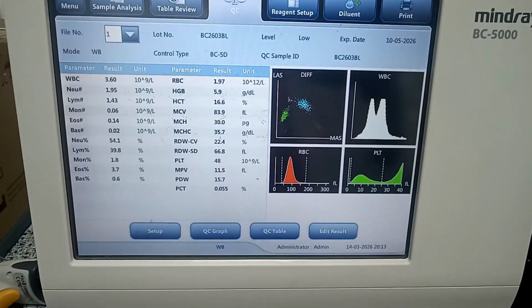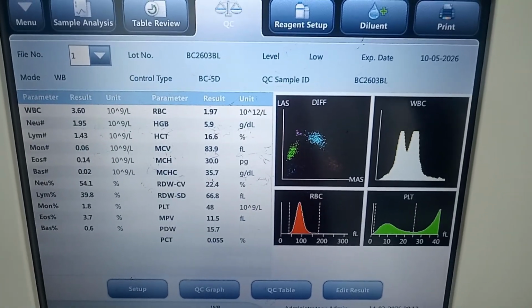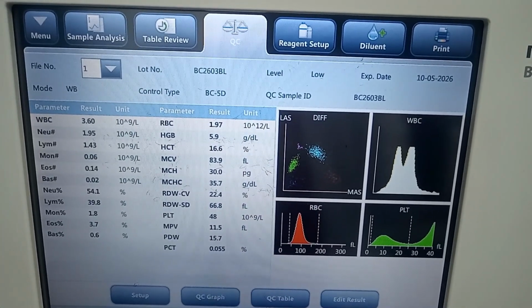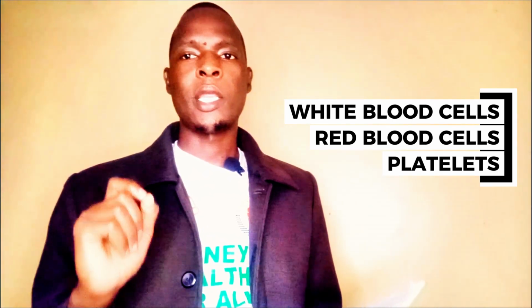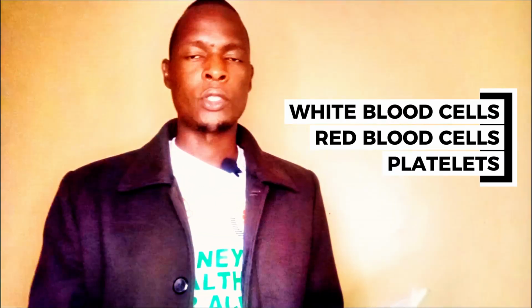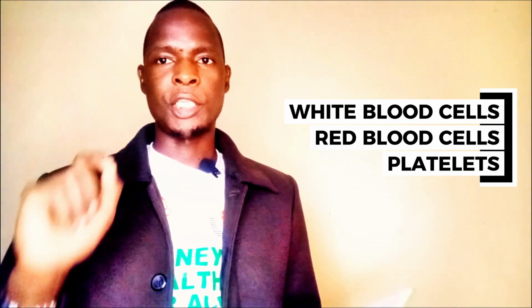Complete blood counts just try to show the count or the number of cells that are within your blood. Your blood is made up of blood cells, and in your blood we have the red blood cells, the white blood cells, and the platelets. Under these three categories there are some indices, and some cells, for example in white blood cells, that are equally important and also help in diagnosis and in determining whether you have an infection or not. But in today's topic, I'm going to focus on the red blood cell indices, because most